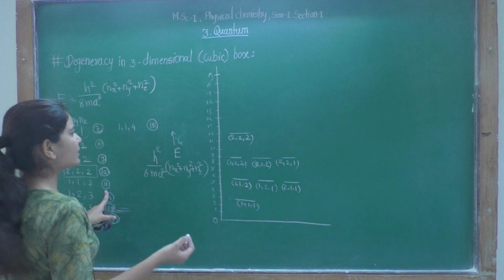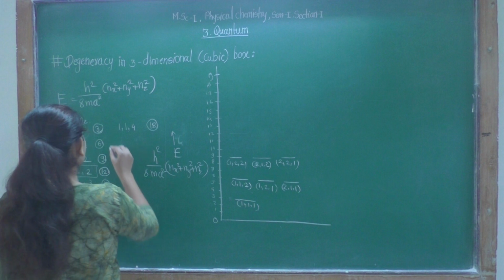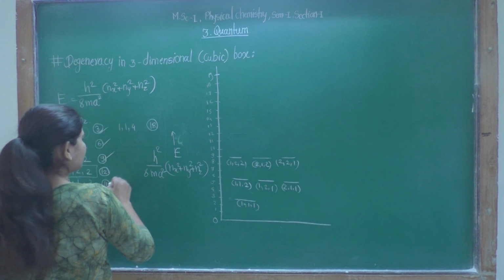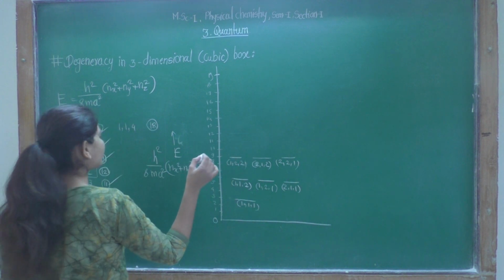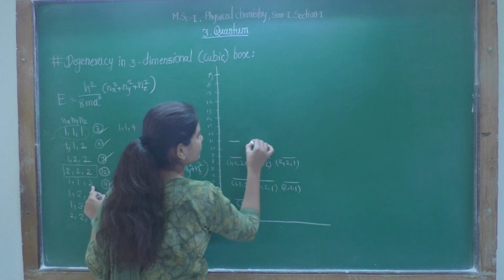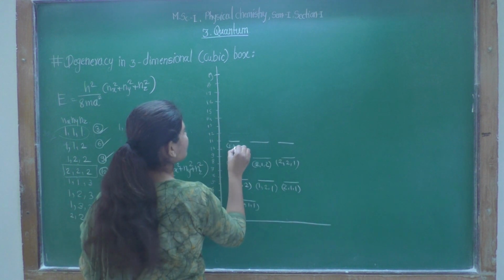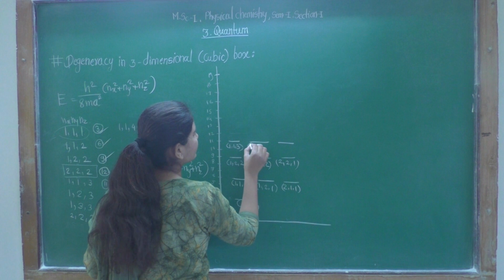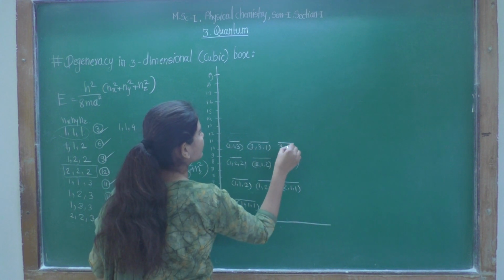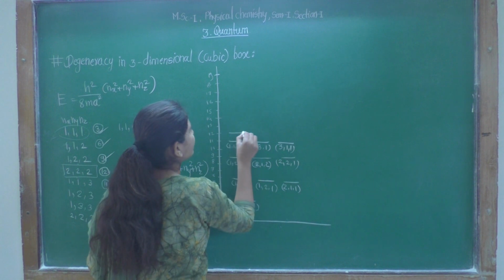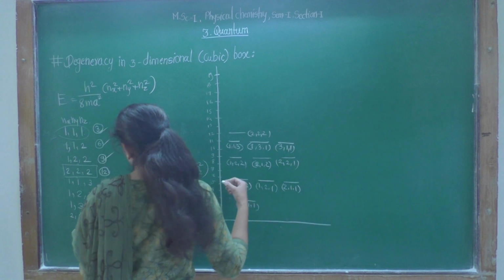Now let's see for 11. Before 12, there will be 11. 3, 6, 9, then 11. For 11, there is 1, 1, 3. Again 2 same, 1 different. So 3 levels are possible. 3 possibilities. So we can write 1, 1, 3, 1 3 1 and 3 1 1. Okay, and now again for 12 it is 2 2 2, non-degenerate level.